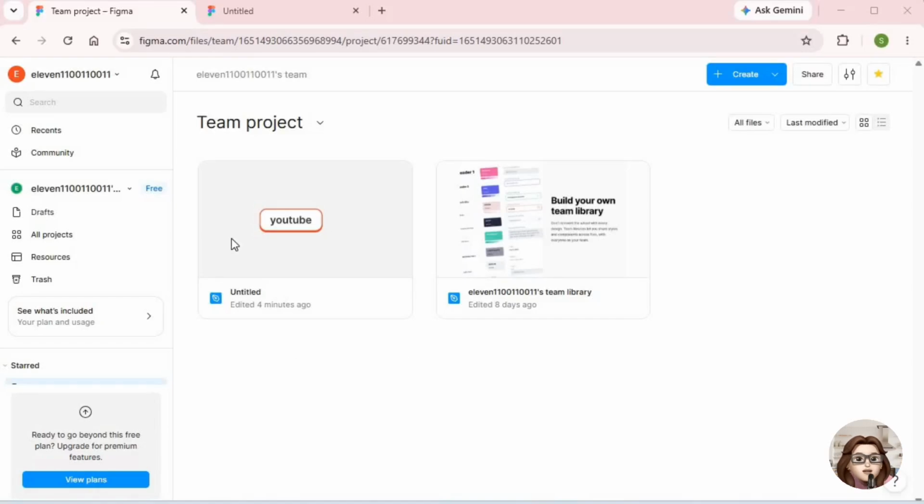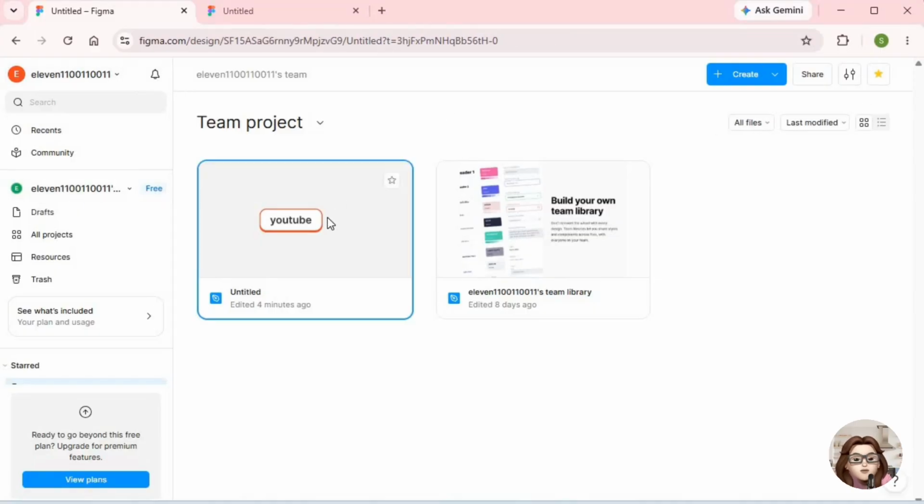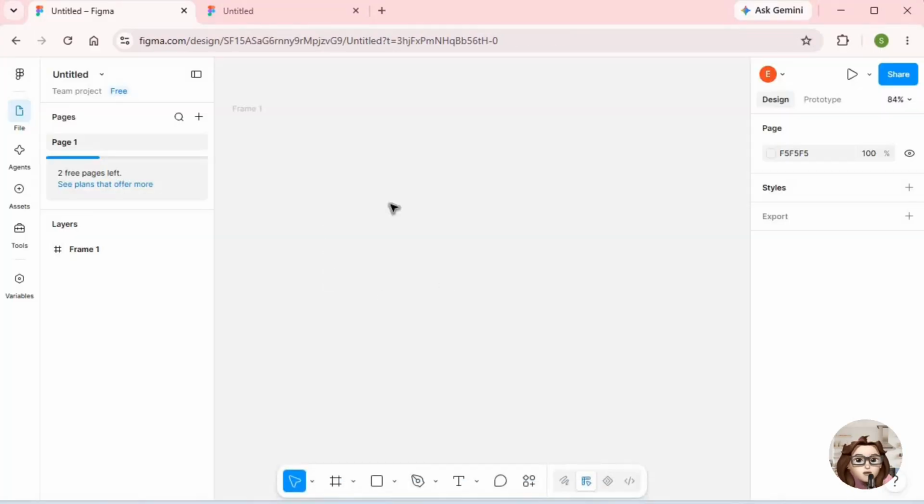In this tutorial, I'll show you how to use the pen tool in Figma to create custom shapes, lines, and curves. Start by opening your Figma file or creating a new design. Once you're on the canvas, activate the pen tool by clicking the pen icon in the toolbar or pressing P